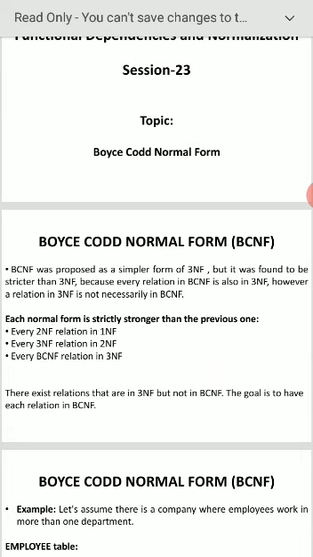Every BCNF relation is in 3NF. Already I told you, every relation in BCNF is also in 3NF, but a relation in 3NF is not necessarily in BCNF. That means second normal form is an advance of first normal form. Third normal form is an advance of second normal form. BCNF is an advance of third normal form.